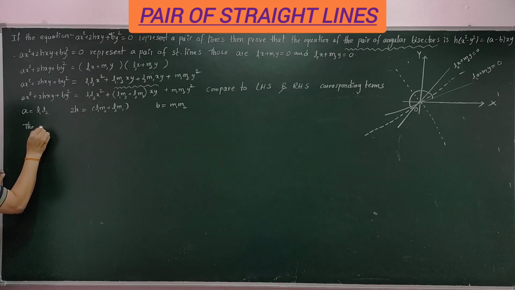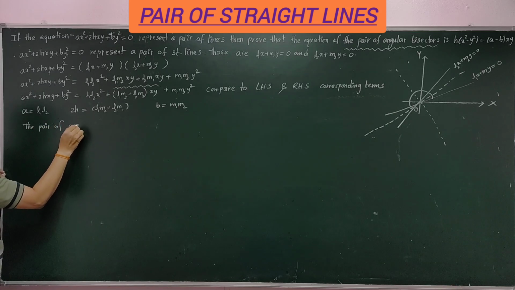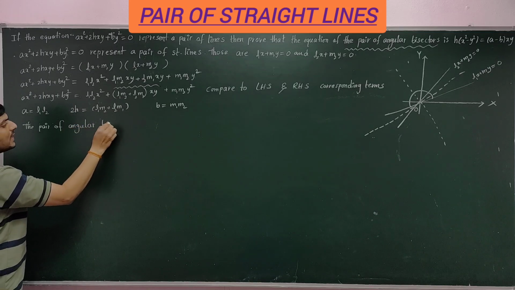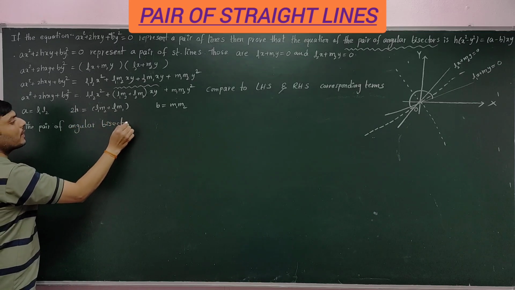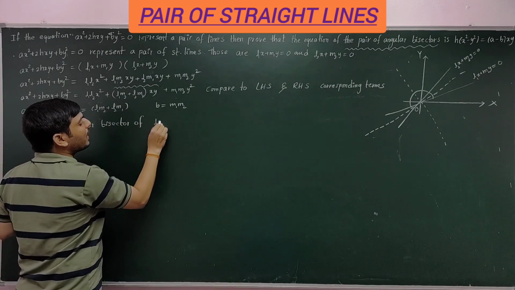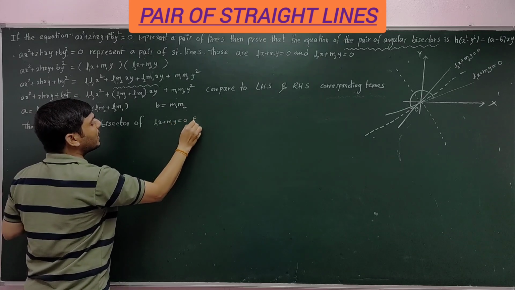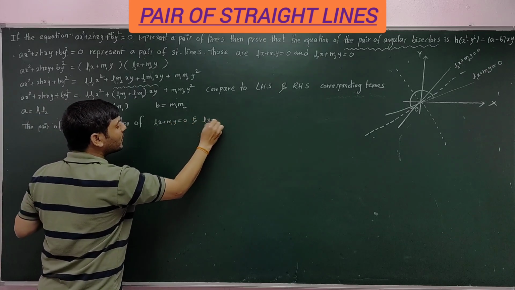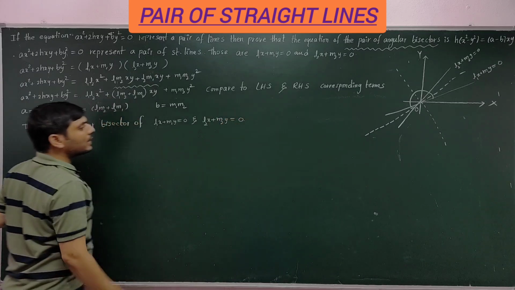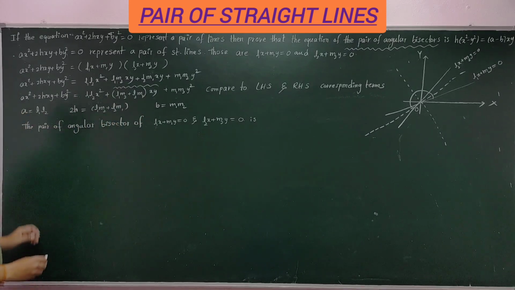The pair of angular bisectors of L1x plus M1y equal to 0 and L2x plus M2y equal to 0, the formula is